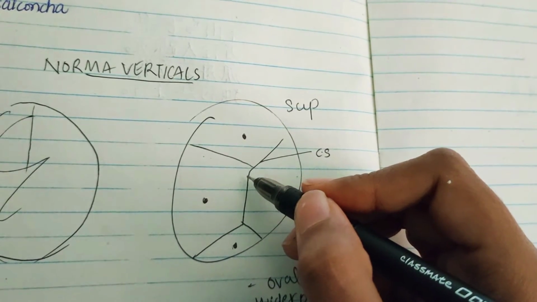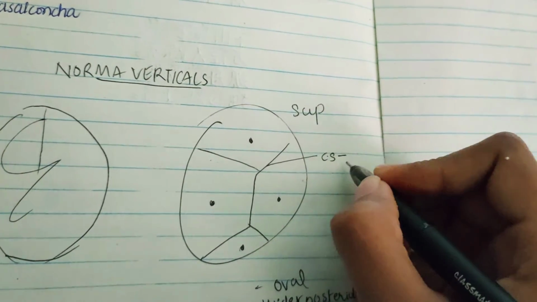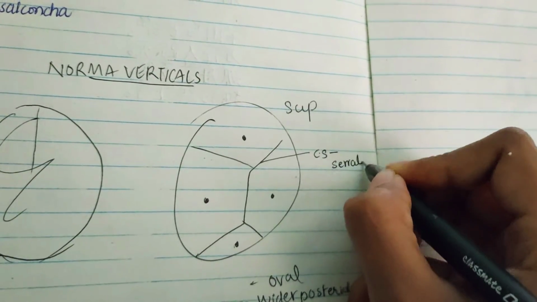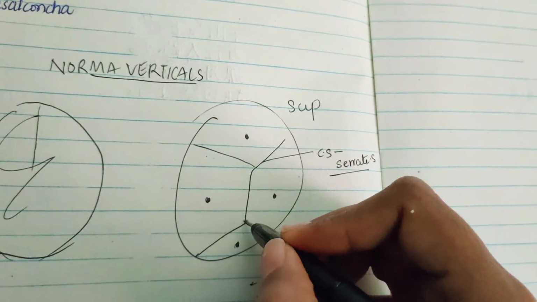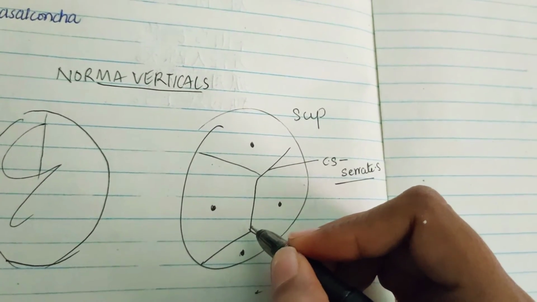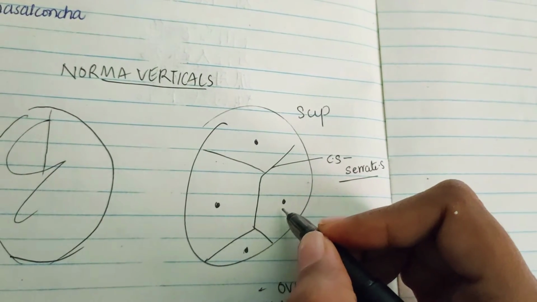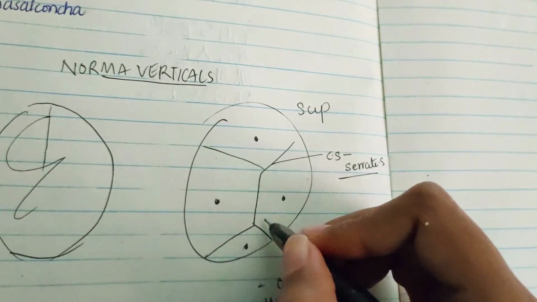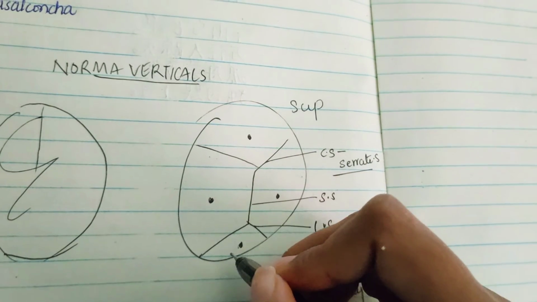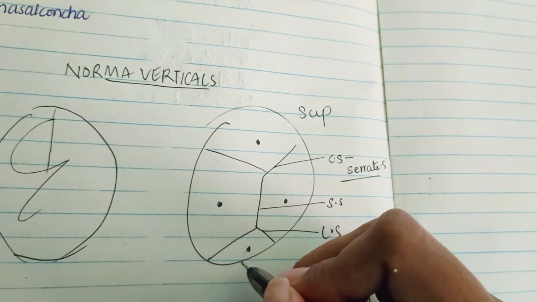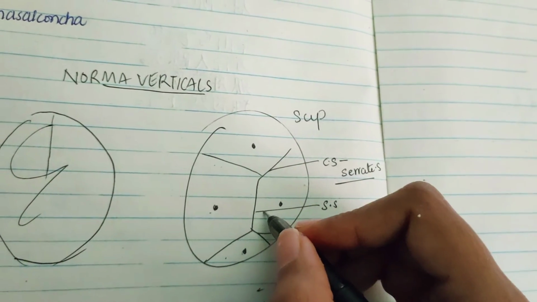One more thing, the coronal suture is also called the serrate suture. Serrate suture. Okay, this is important. And next coming to this sagittal suture, why is it named sagittal? Because it is in the midline and it is between two parietal bones. Now coming to the lambdoid suture. Okay, this is the sagittal suture. Now this is the lambdoid suture. The lambdoid suture is posteriorly present and it is between the occipital and two parietal bones.